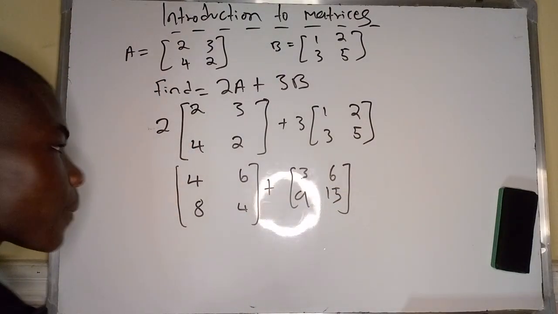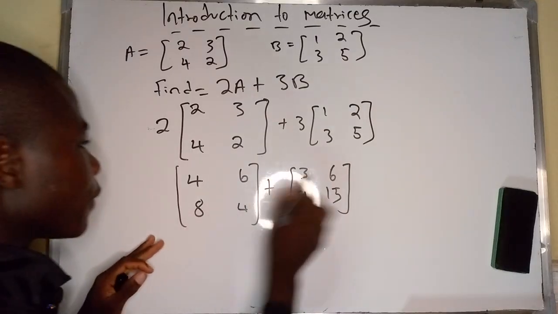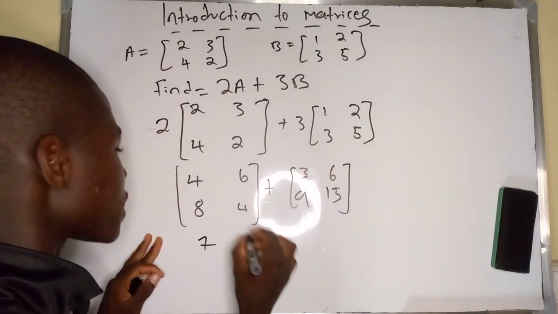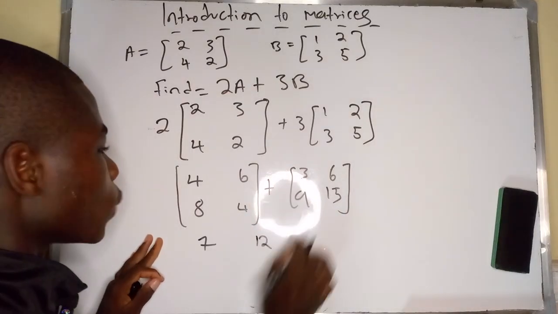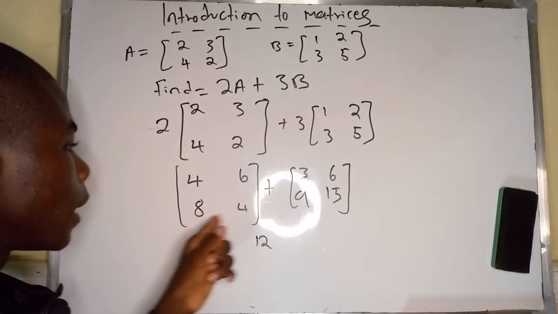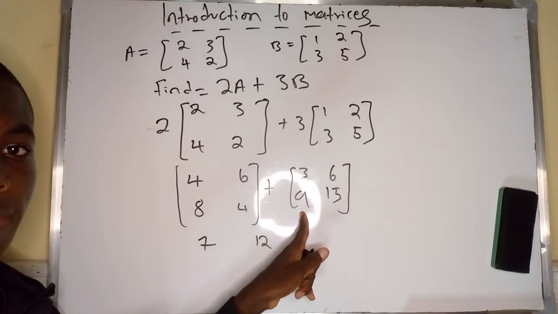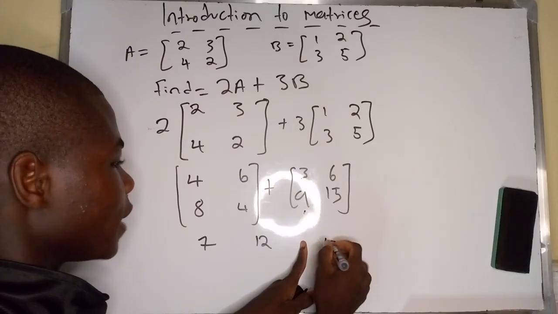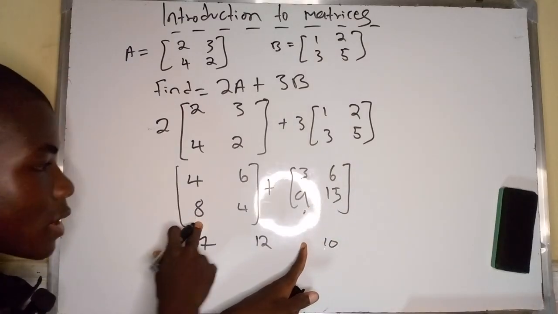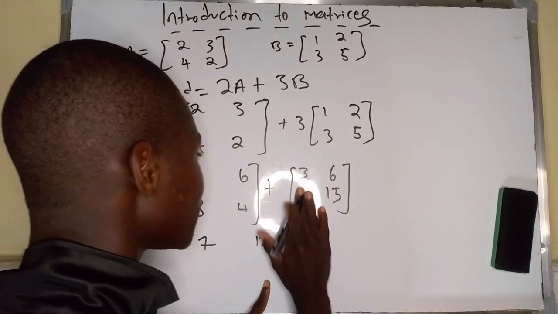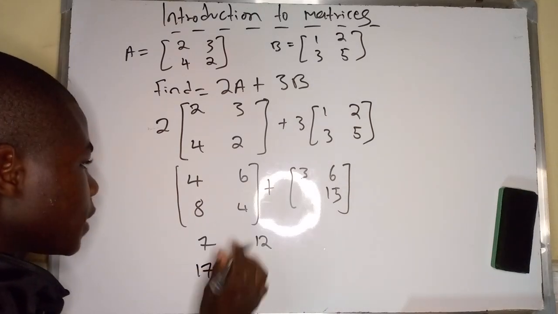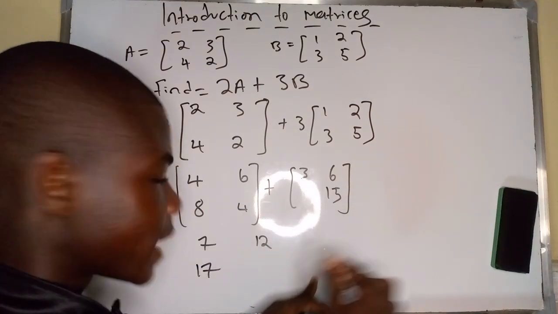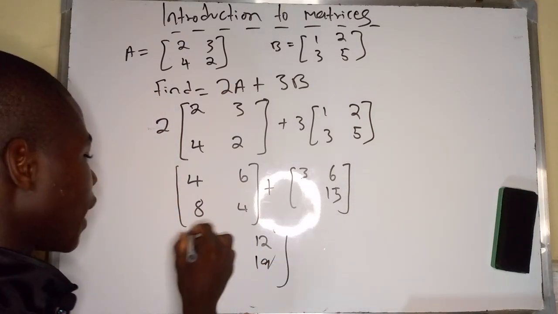I add these square matrices. So 4 plus 3, which is 7. 6 plus 6, which is 12. 8 plus 9, I'm having 17. 4 plus 15, which is 19. So therefore